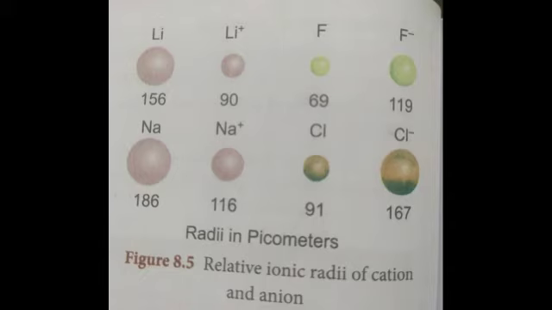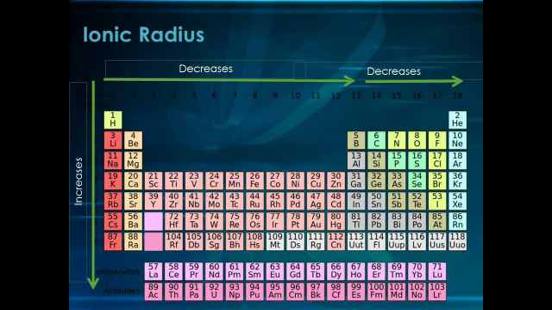The size of a cation is always smaller than its corresponding neutral atom, but the anion is larger than its neutral atom. For instance, lithium and sodium lose the single electron from their outermost energy level to form cations. The ions so formed are smaller because the remaining electrons are at inner shells and are attracted more strongly by the nucleus. Fluorine and chlorine become negative ions by gaining an electron. When electrons are added, the charge on the nucleus is not great enough to hold the increased number of electrons as closely as it holds the electrons in the neutral atom. So, as seen in atomic radius, ionic radii also decrease along the period from left to right and increase down the group.